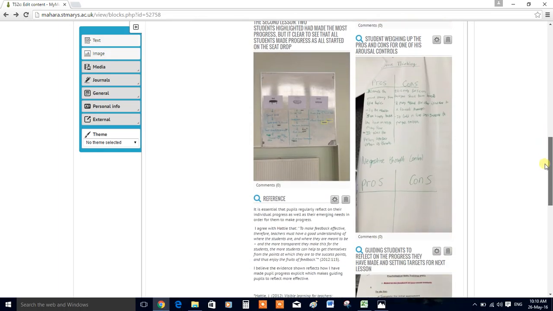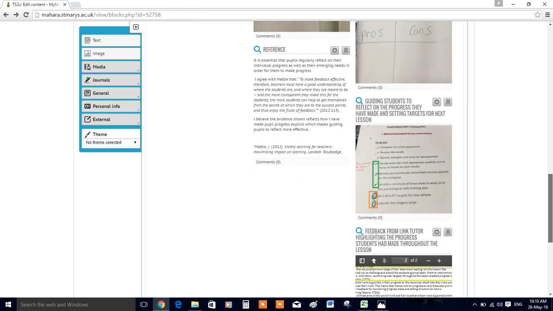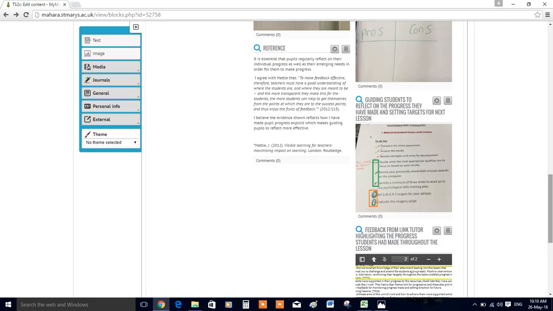They have then decided the qualities that they're going to focus on, and have begun to decide what arousal controls they will use. The next sheet shows the arousal controls they think would suit based on their initial assessment. So positive thinking, weighing up the pros and cons, and then they were moving on to weighing up the pros and cons for their negative thought control. This sheet then shows